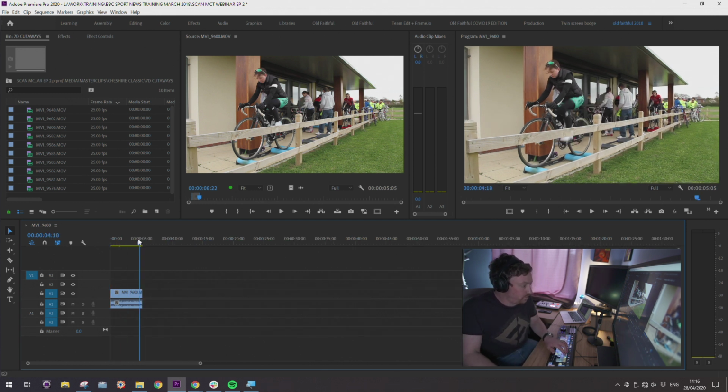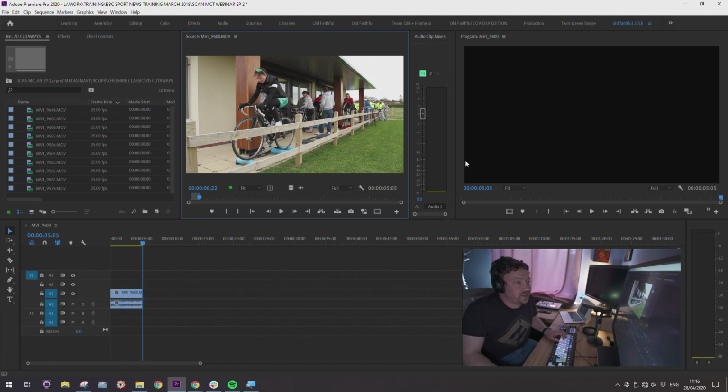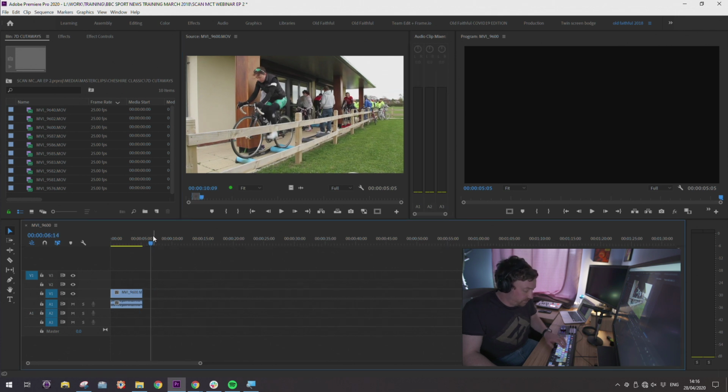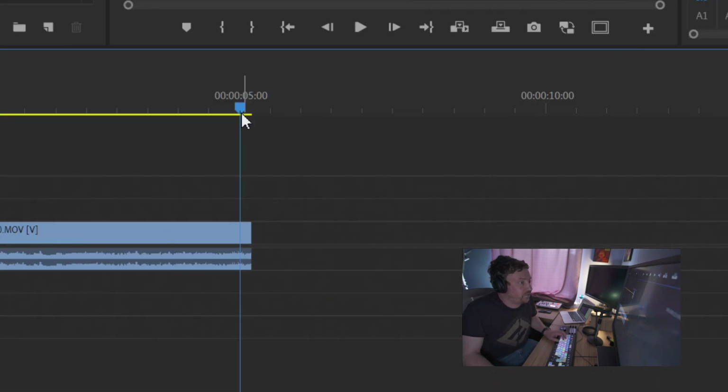Okay, so zooming out a couple of steps, I've now got a clip on the timeline. I want to see if there's anything more to be used from this clip. So one thing to bear in mind is I am parking my playhead at the end of this clip here. So I'm basically clicking and dragging there. I'm going to click and drag, but hold the shift key, and the shift key will go snap, snap,